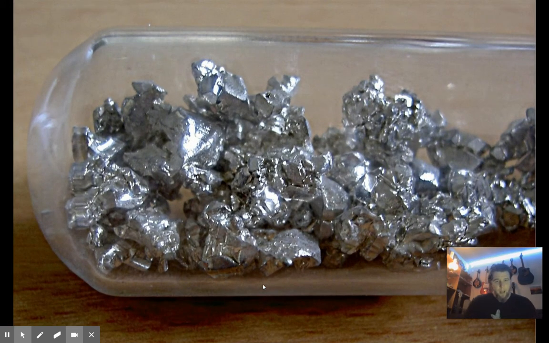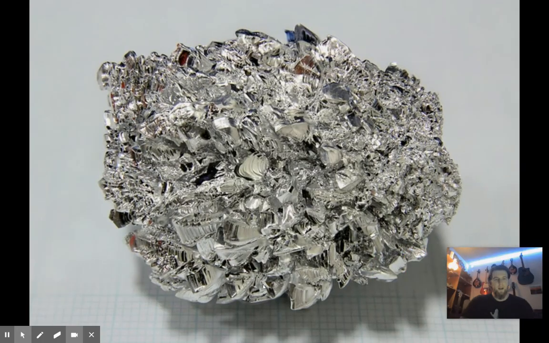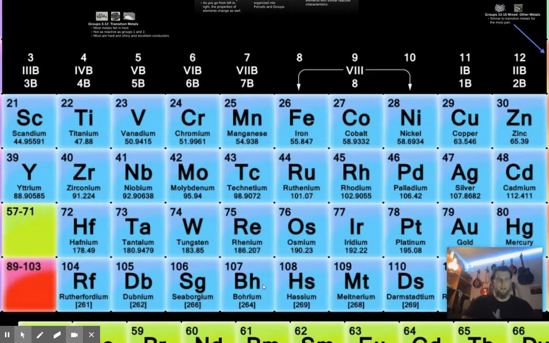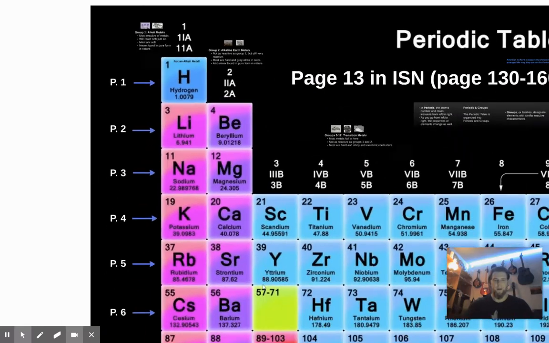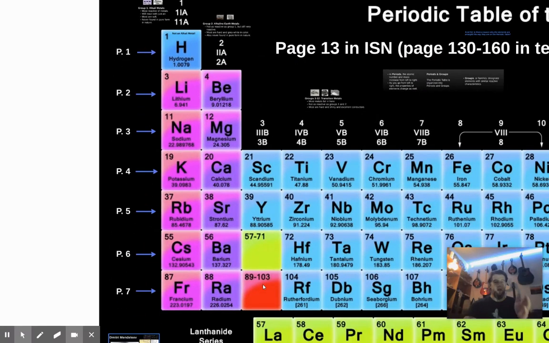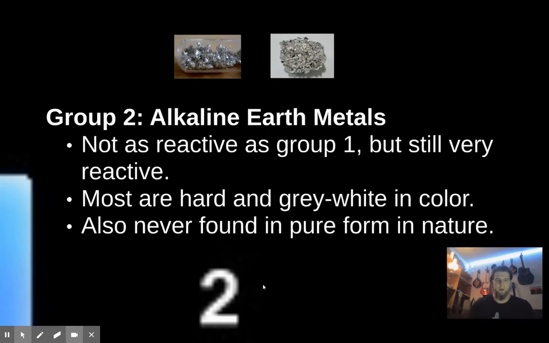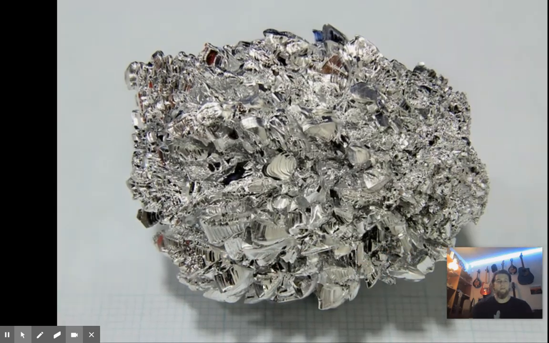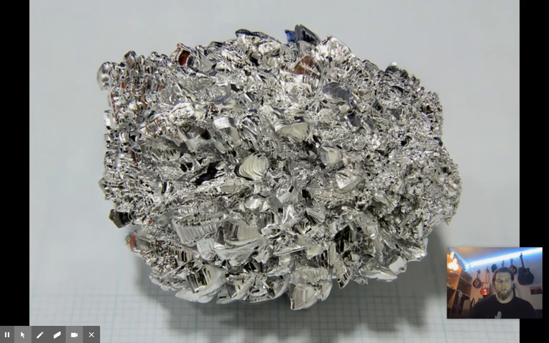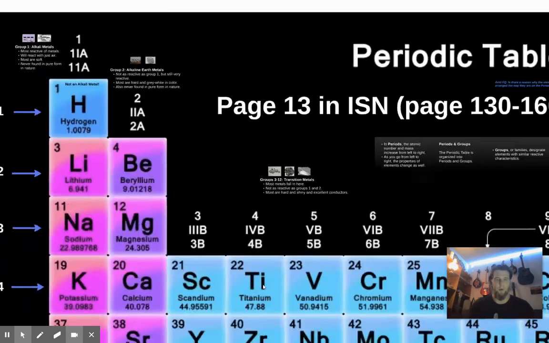And so you'll have magnesium strips. You'll have, and let me hop back real quick to where it shows our whole periodic table. So you can have the magnesium strips and you can have calcium and strontium. And these are some of the brightest burning elements. So these are really, really important when it comes to fireworks and stuff, which is pretty cool. So as we went through those, we'd have magnesium chips and we'd have calcium on its own, which once again, when it's chemically combined with other things, is very healthy for you, but you wouldn't want to eat it just as it is in its native form.